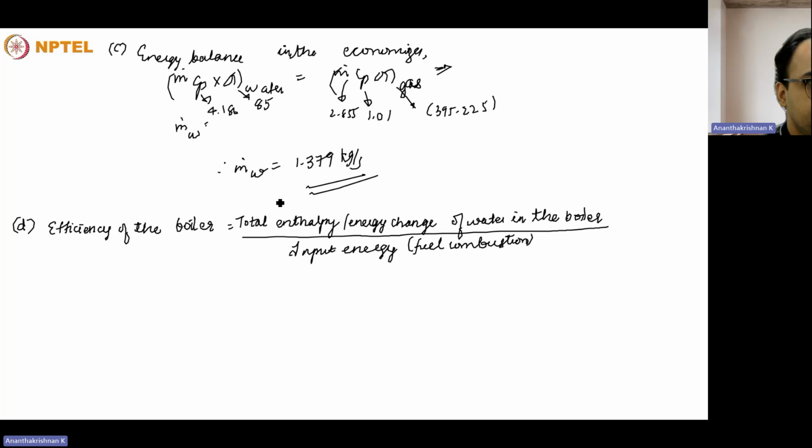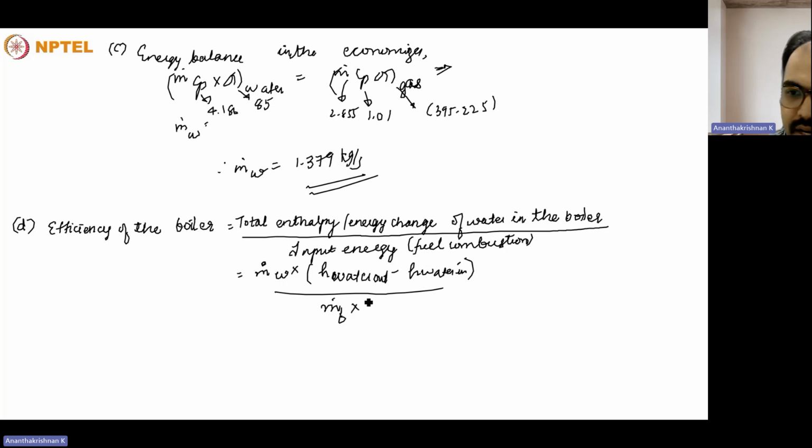In this particular case, this will be equal to the total enthalpy or energy change of water in the boiler to input energy, that is from the calorific value of the fuel. So that will be equal to m dot water into enthalpy change, h water out minus h water in, divided by the mass flow rate of the fuel multiplied by the calorific value of the fuel. So if you try to plot this whole thing on a TS plane,